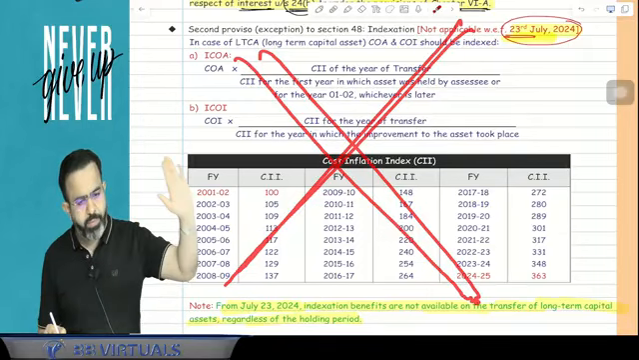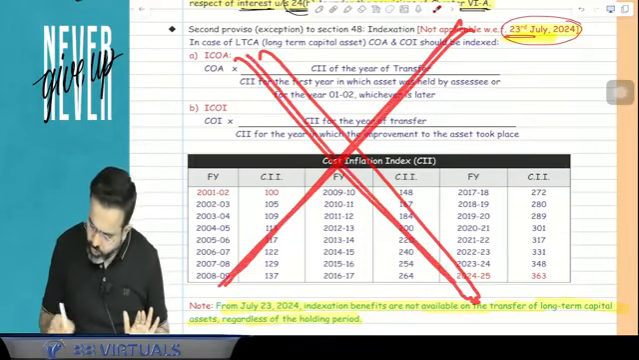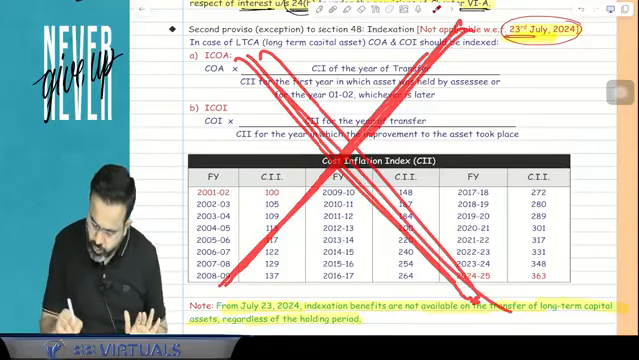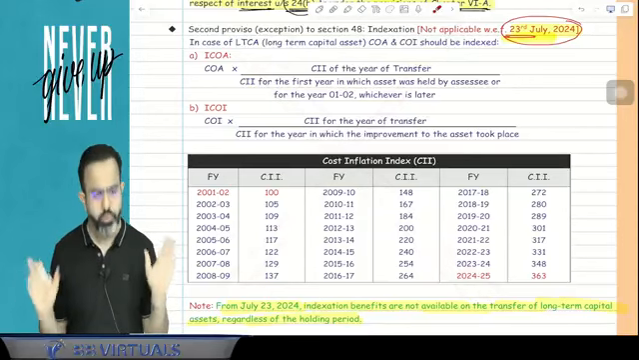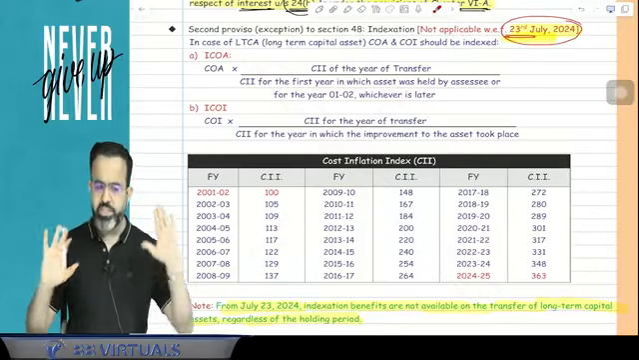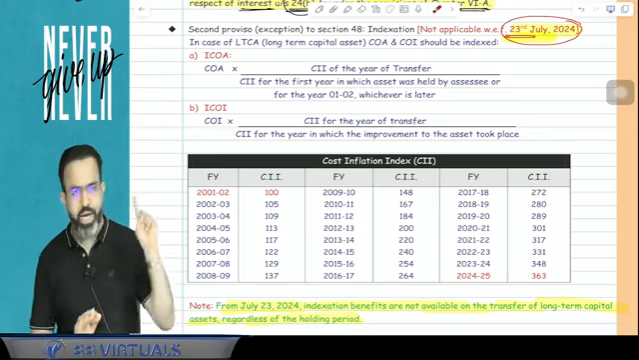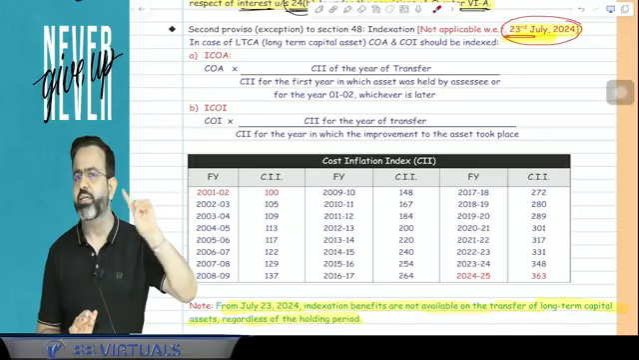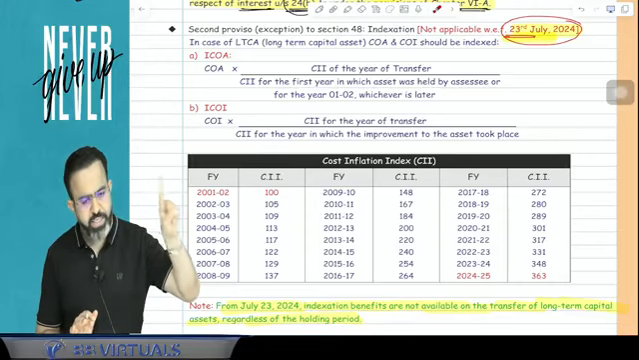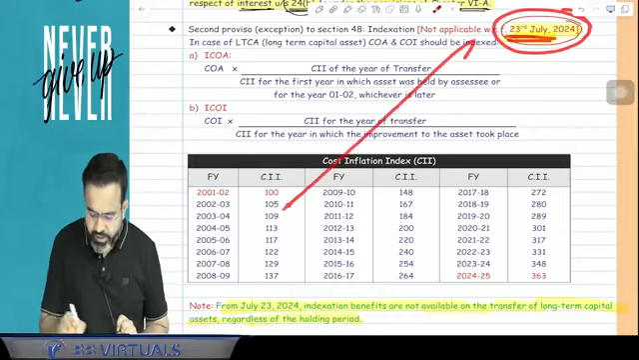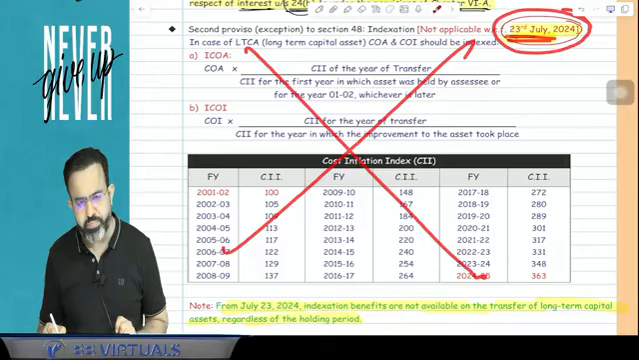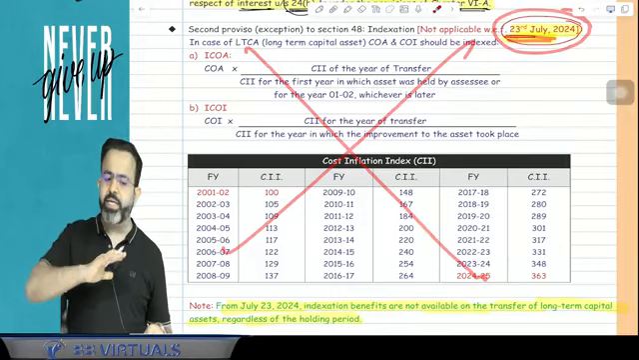So while computing capital gain, this indexation is not applicable if your asset got transferred on or after 23rd of July 2024. So in the examination, if any question comes, you have to double check the transfer date. If the transfer date is on or after 23rd July 2024, then indexation is not applicable. But if the transfer date is before,